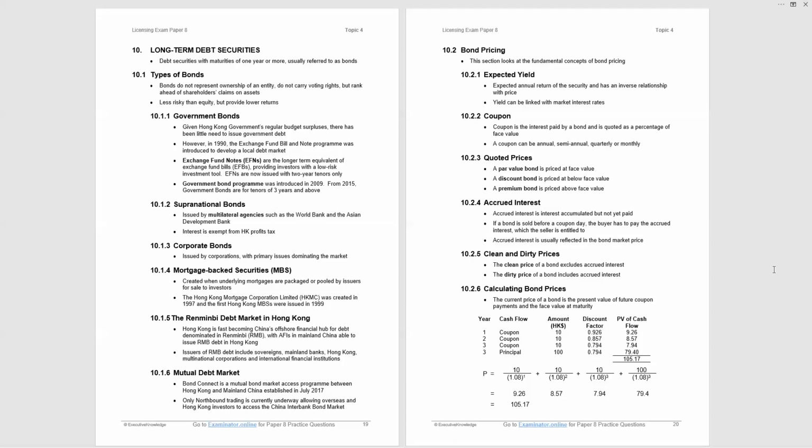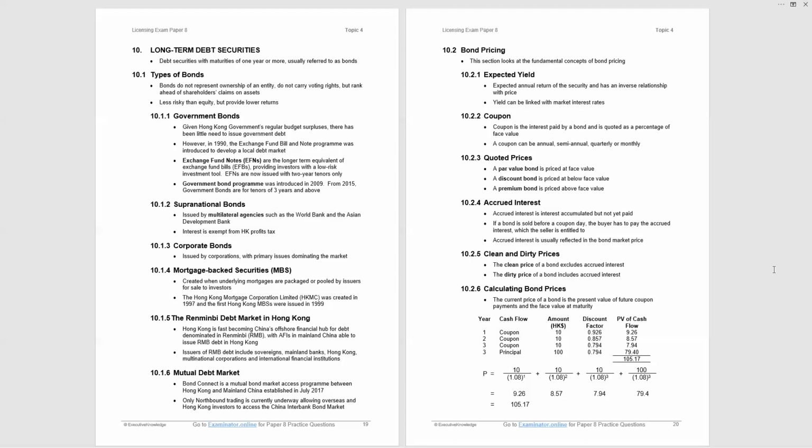So P equals the 10 discounted at 8% for one period, plus 10 discounted at 8% for 2 periods, so we square it, plus 10 discounted for 3 periods, and then 100 discounted for 3 periods. So we arrive at the present values. That is what these future cash flows are worth in today's value: 9.26, 8.57, 7.94, 79.4. And because they're all in present value, we add them up, and that is what you're willing to pay for the bond,